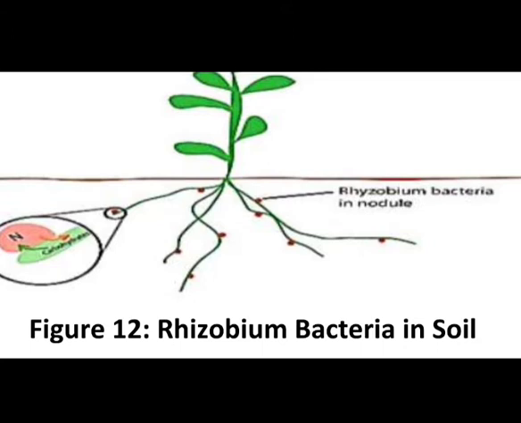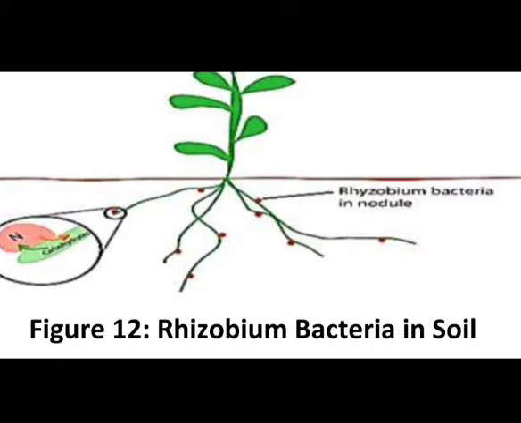Now question may come in your mind that what are leguminous plants? So leguminous plants are those plants which have pod-like structures in which they bear fruit. Example, all pulses, dals like your pea. You must have seen pea pod. So those plants, and groundnut of course. So those plants which have pod like structure, they all are leguminous plants. So these nodules, they are found only in leguminous plants.